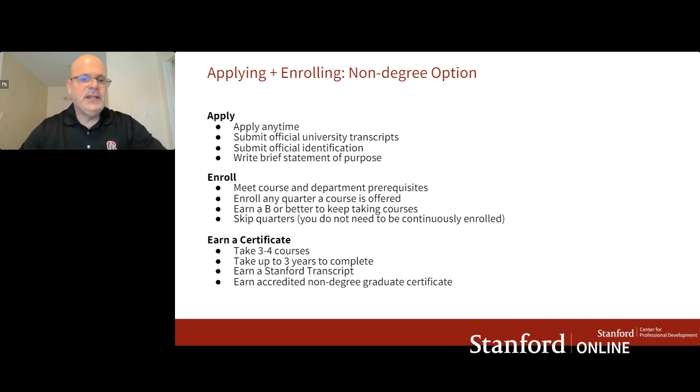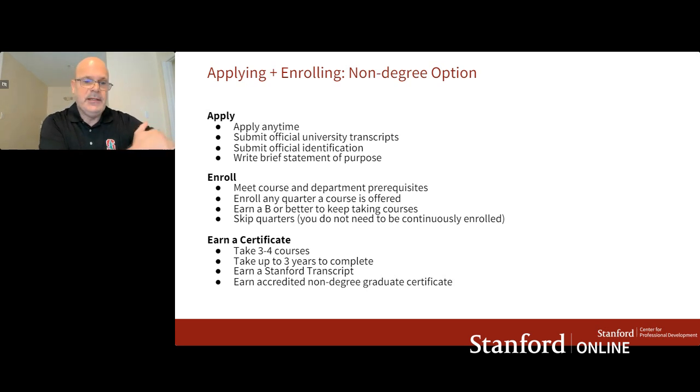For the graduate certificate, as I mentioned earlier on, you will take anywhere between 3 to 4 courses to earn a graduate certificate in that concentration area. We get a lot of questions about, well, I've completed the requirements of the certificate, I completed the 4 courses, but I want to take the others. Yeah, it's totally fine. You don't have to stop after 3 or 4 courses. If you want to continue and take the rest of the courses in the graduate certificate, you're totally okay to do that. As I mentioned earlier on, you have up to 3 years to complete the graduate certificate.